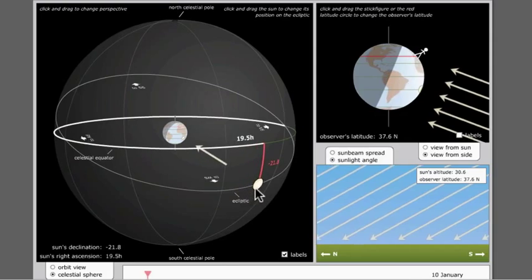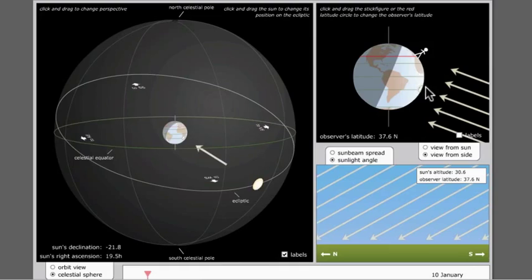It's at a declination of negative 23.5. At this point, the sun is overhead at a latitude of negative 23.5. The entire Antarctic Circle, latitudes within 23.5 of the south terrestrial pole, have 24 hours of sunlight, and latitudes within 23.5 of the north terrestrial pole have 24 hours of dark. The sun never rises in the north and never sets in the south, and maximal heating is at southern temperate